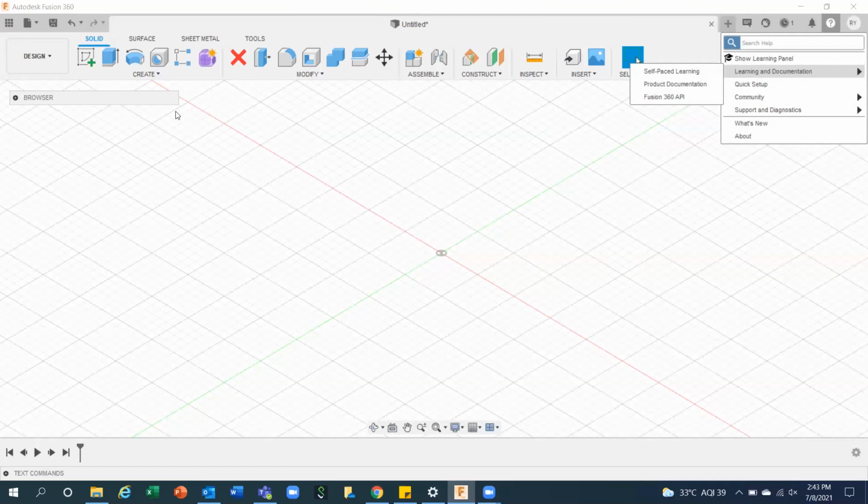Can you see my screen? Learning and documentation, and the option is called self-paced learning. Can you see that? So if you go for self-paced learning, just click once.